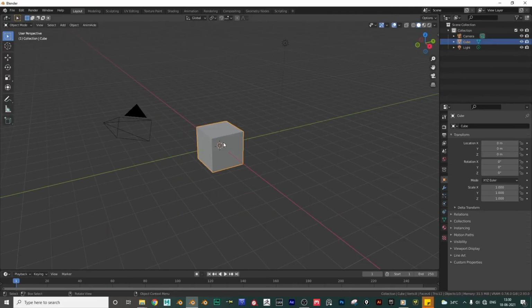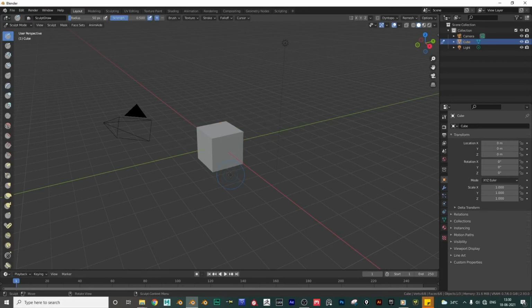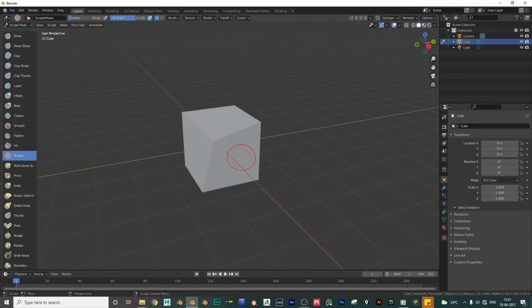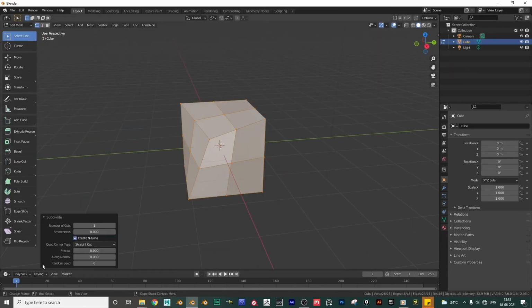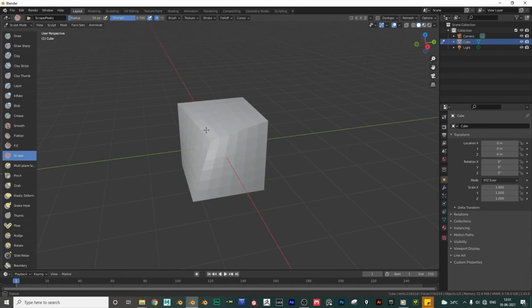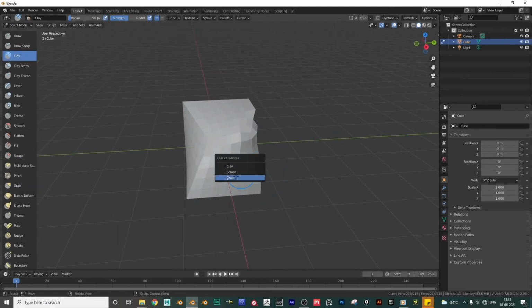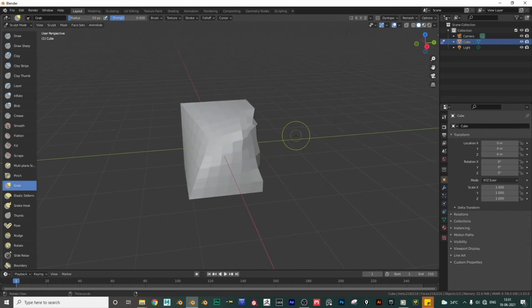So you can add your favorite tools with respect to the modes that you're in, whether it is object, edit, pose, or even sculpt mode. Even in sculpt mode, instead of pressing G for grab and C for clay every time, different keyboard shortcuts for different brushes, we can add some of the common brushes that we use mostly under the Quick Favorites, and it is much faster here. So just Q and all these brushes are listed here.